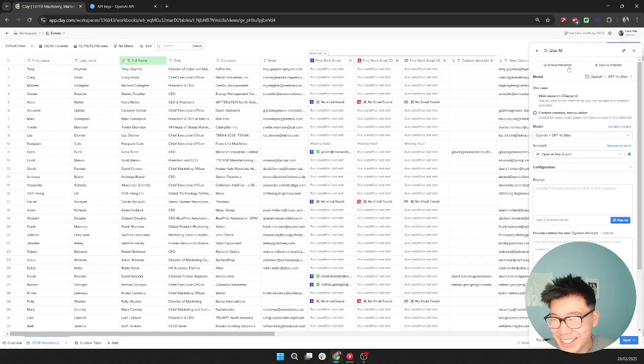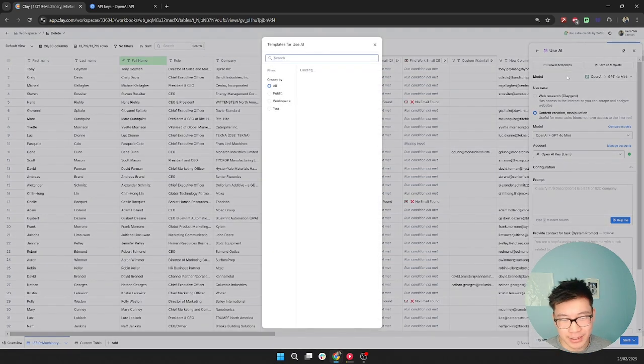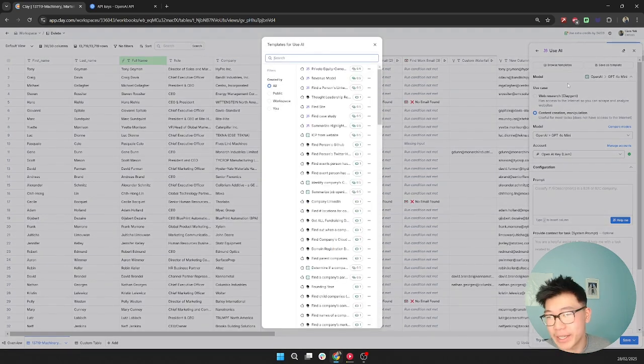Right. Let's go to first browsing templates. So my first example I wanted to use is without a Clay agent, which is a web researching software where it'll kind of go through the websites and search online for stuff, and I'll show you how the reasoning behind that